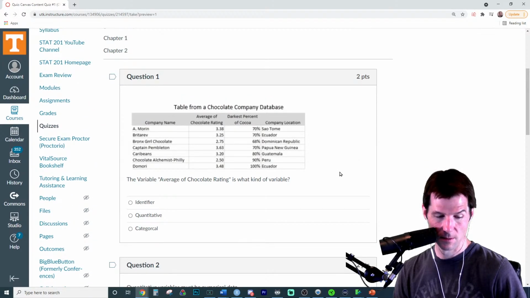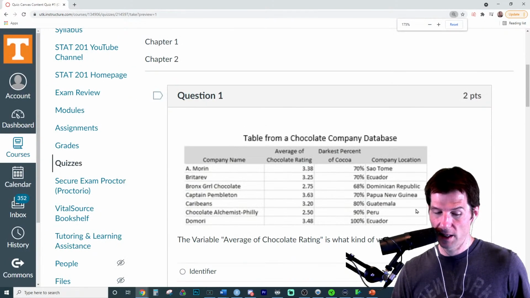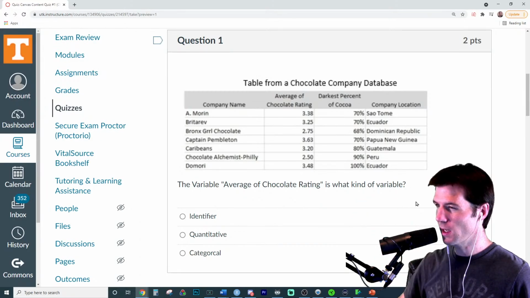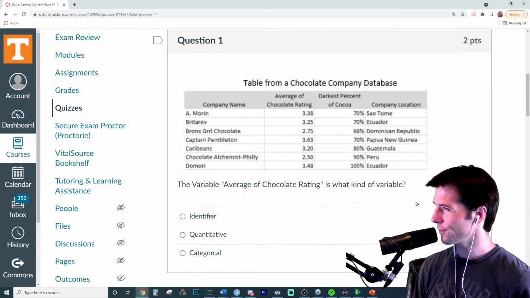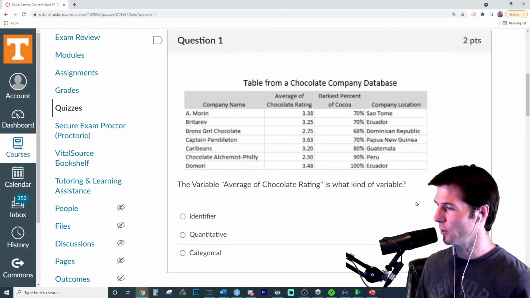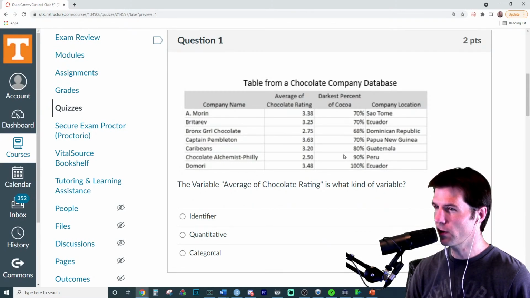Oh, here we go. Average chocolate rating. What does that look like? We'll do two versions of this. Average chocolate rating. What does that look like? So we have here, we go to a company and we say, how much is your average chocolate rating? Great way to ask it right there. And just look at the variable and be like,